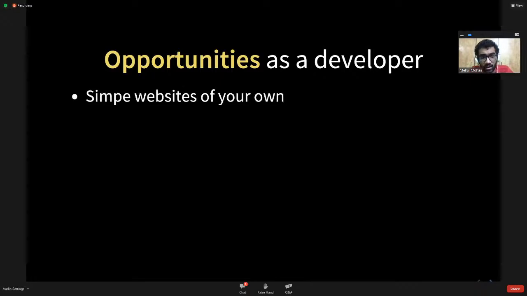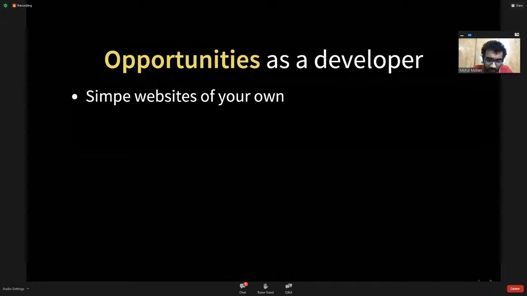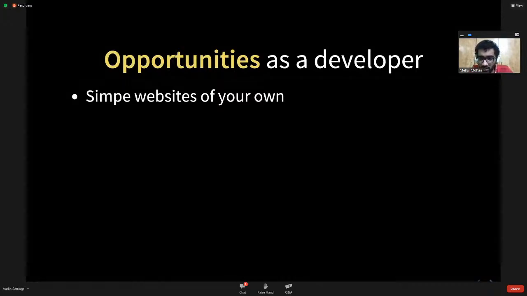So anyway, there are a bunch of opportunities. You can create simple web applications, websites of your own. I remember I created, it's not strictly web development, but I plugged in my Raspberry Pi with my old television and used Raspberry as a remote media server sort of thing, which was controlled by my mobile phone, which was linked to the home Wi-Fi network, and it enabled me to pretty much use Raspberry as a Chromecast, right? So you can send a movie, you can send a picture to the Raspberry, and it will be displayed on the TV. So things like these, you can come up with something interesting of your own, interesting projects, interesting concepts,